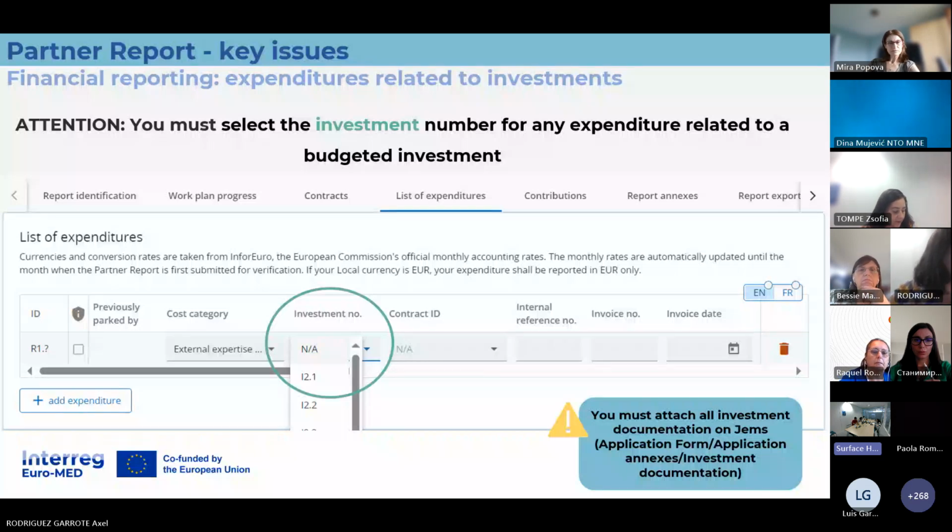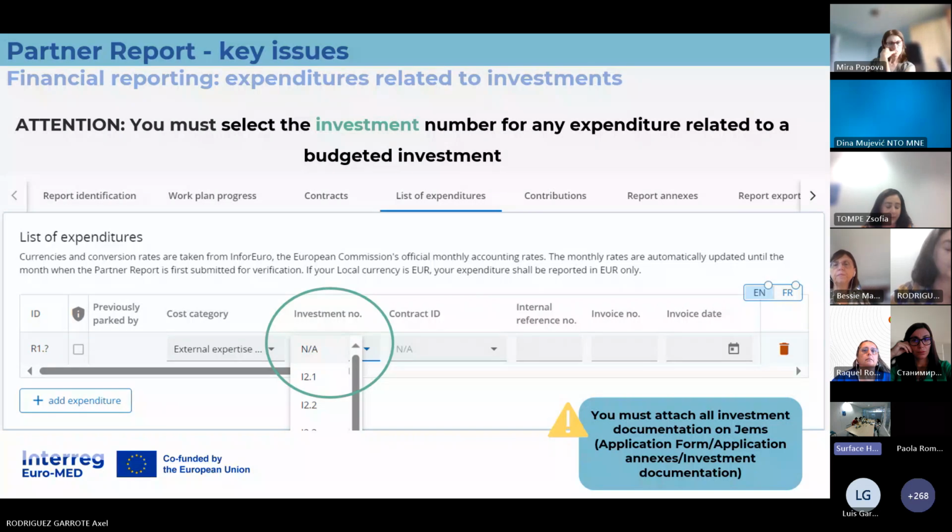And also I would like to point out that all documents related to an investment, and not next to the expenditure, such as agreements with the landowner or some environmental studies, if required, must be uploaded in the section Application Annex Investment Documentation. So it's not the place here next to the expenditure because it concerns the investment in totality.